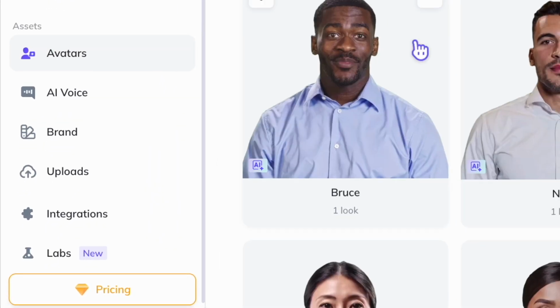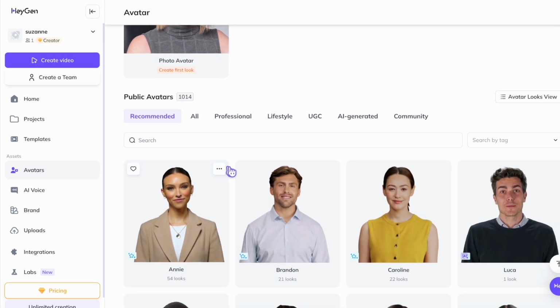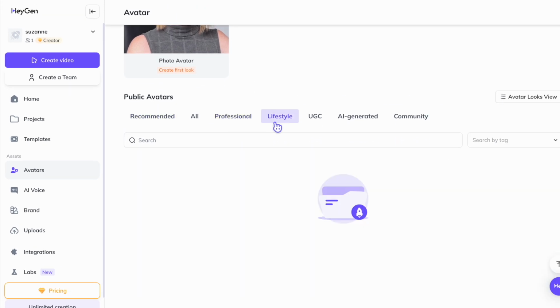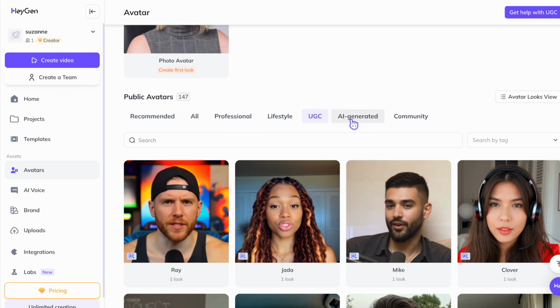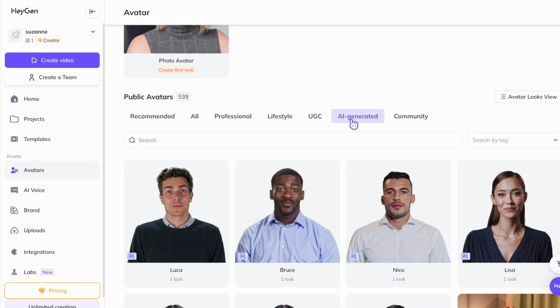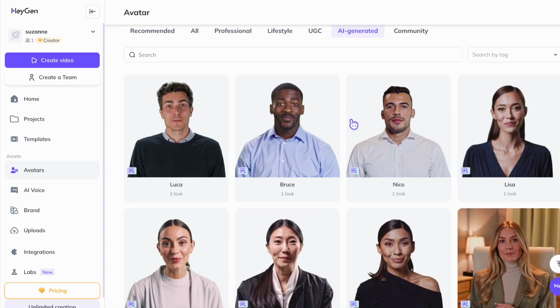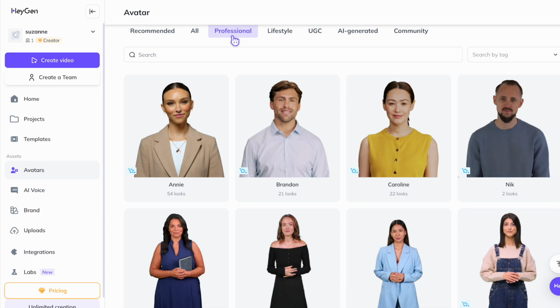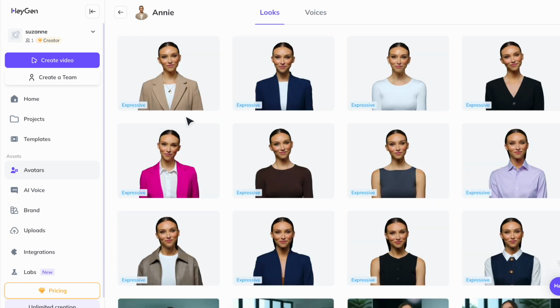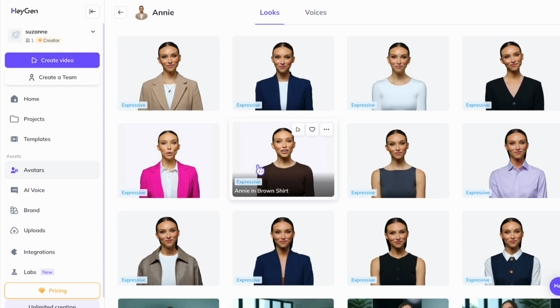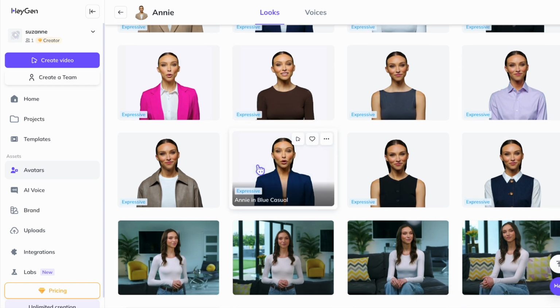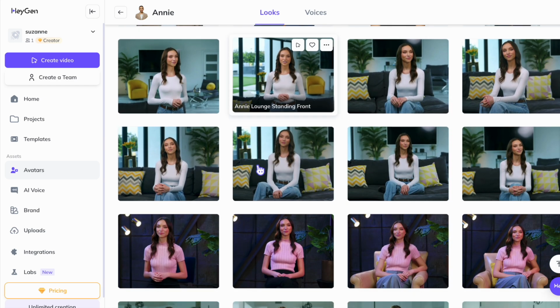In the avatar section, you'll find a huge selection of characters to choose from: professional, lifestyle, user-generated, and AI-generated avatars. Whether you need a corporate spokesperson or something more casual, there's a style to suit your message. Once you choose a character, you can customize their appearance by selecting from various looks, helping you keep your content